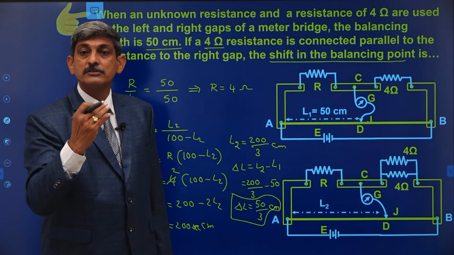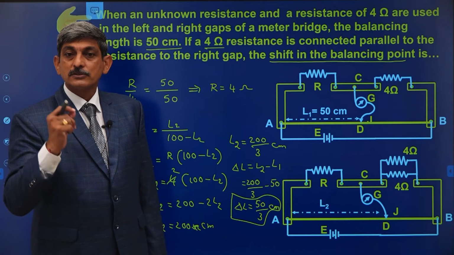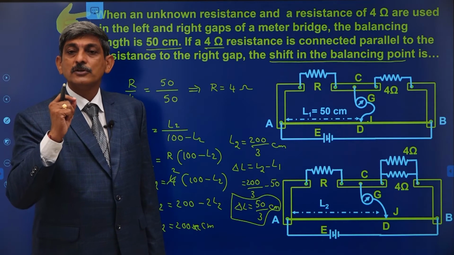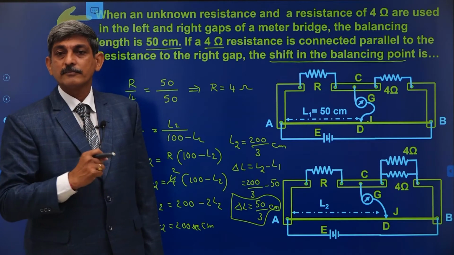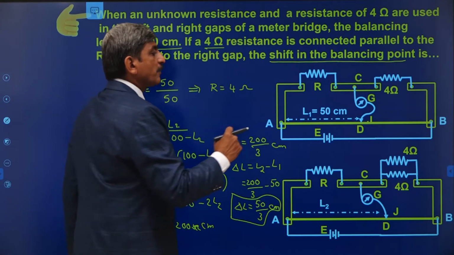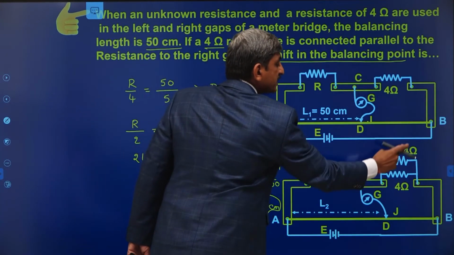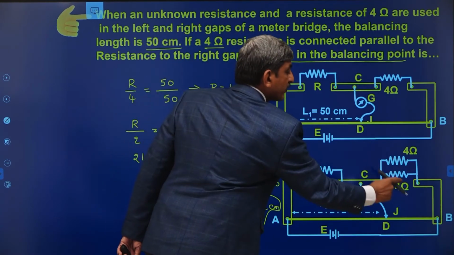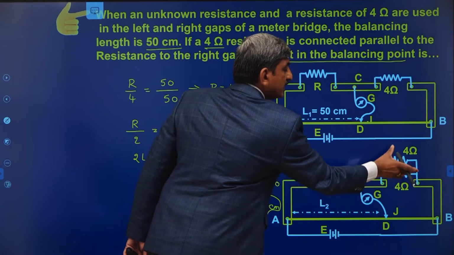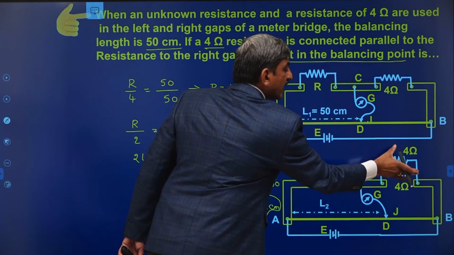On which side do we have to take that shift? So there must be some clarity for you to identify the shift in the balancing point. For that, if we connect a resistance parallel to the right gap resistance, the effective resistance value decreases. If the effective resistance in the right gap decreases,